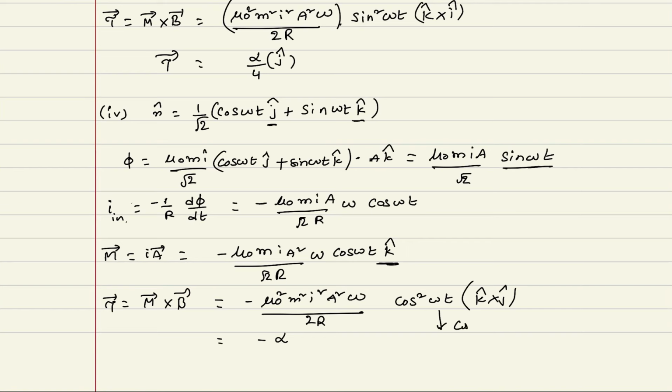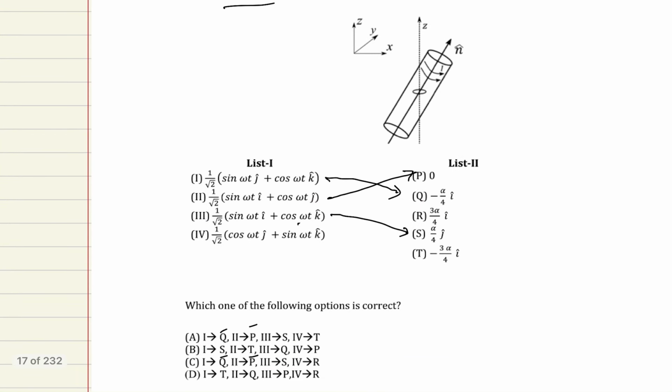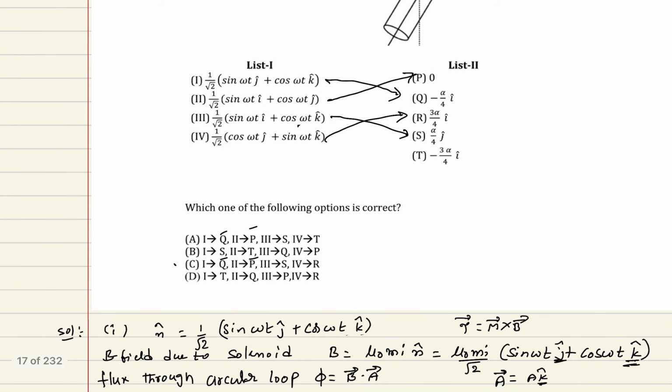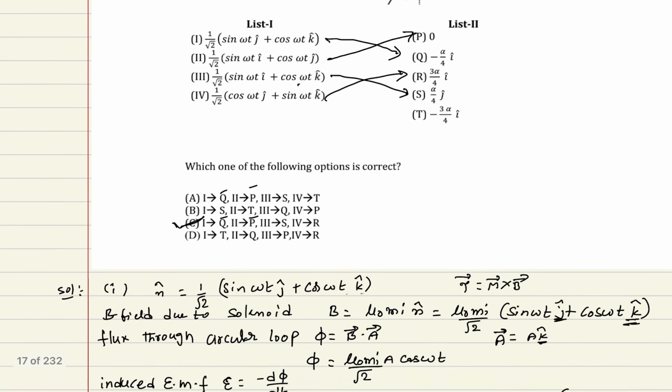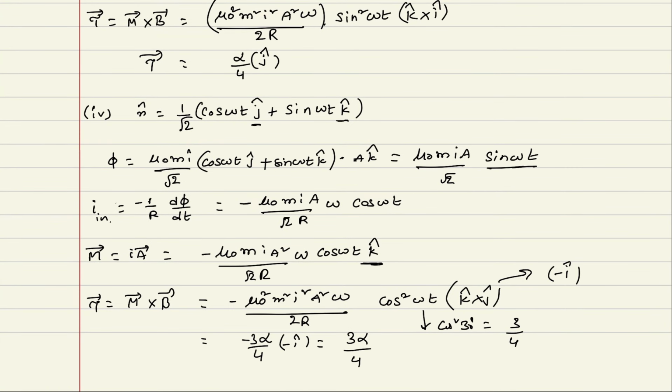So we can write minus alpha cos square 30 degrees. Cos 30 degrees is root 3 by 2, so we'll get 3 by 4. So 3 by 4 into k cap cross j cap is minus I cap. We'll get minus I cap. So finally we'll get 3 alpha divided by 4, and that is R. So overall we can get option C. Observe carefully, these are